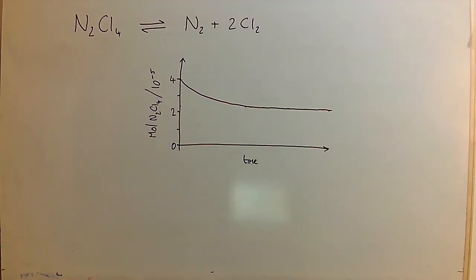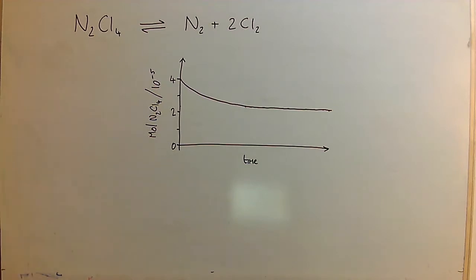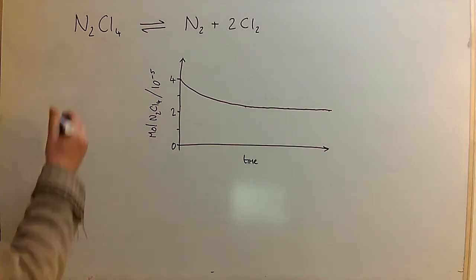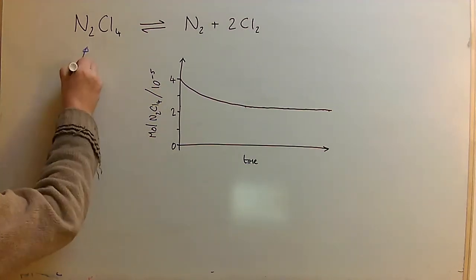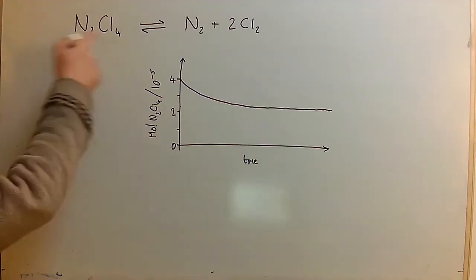Question 5 begins by asking us for the systematic name of this compound. So the point about a systematic name is that, as it tells us in the question, there are lots of nitrogen chlorides, and what they'll differ in is the oxidation state of the nitrogen. So what you do with a systematic name is specify the oxidation state. So we've got